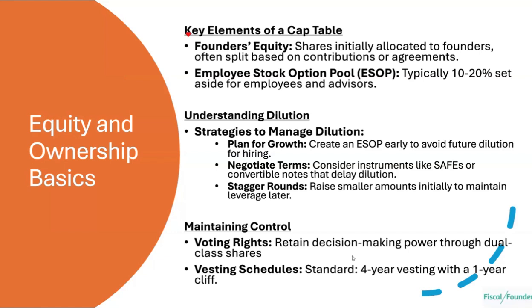Manage your equity through Carta. There's other systems out there. I've only used Carta, and so I can speak very well to it. So just understand all of this going in, on a piece of paper. What does this look like for you, and how does dilution happen as you grow through these different stages?